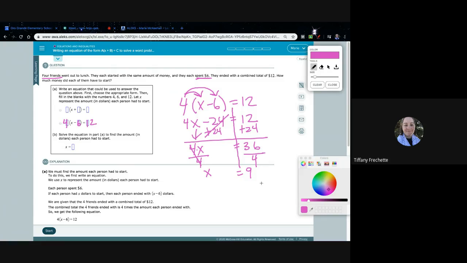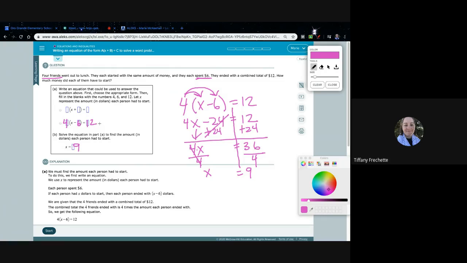But it does make it much faster if you know your times tables, so you don't have to worry about, oh, I need a calculator right this moment. So the answer to x is 9. They each started with $9, and then they each spent $6. So now they have $12 left